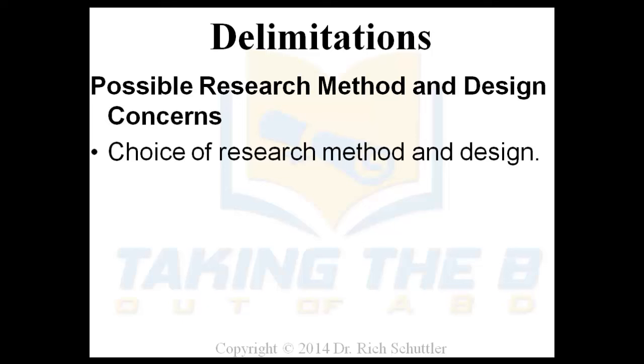The choice of the research method and design. You may decide that you want to do a qualitative phenomenological study. Whereas perhaps if I was doing it, I may want to do a quantitative correlation study. Both of them could be appropriate, depending on the situation, of course. But what we want to know is, what are the limiting factors that you have put on by doing this? So when you decide to do the qualitative phenomenological study, you realize that delimiting it to that precludes getting many different self-reporting surveys that you might have gotten otherwise if you did the quantitative correlation design.